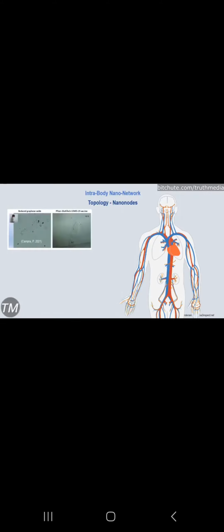In order to carry out this main function, the nanonodes must number in the thousands, with the aim of being present at any point in the bloodstream. The question therefore arises as to what material present in the vaccines would be responsible for creating these nanonodes. The most likely hypothesis is that it would be through graphene oxide, whose decomposition would occur gradually, forming the well-known graphene quantum dots or GQDs.